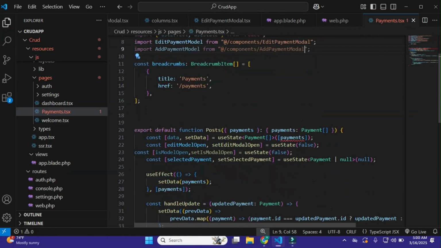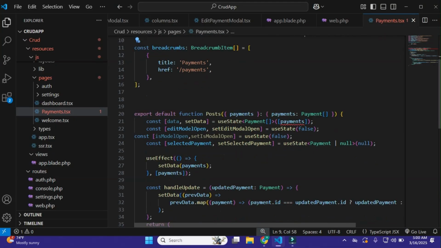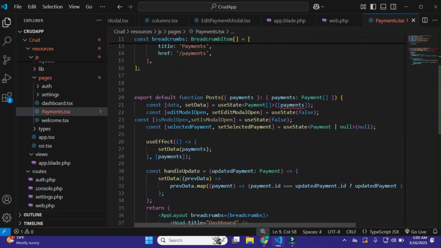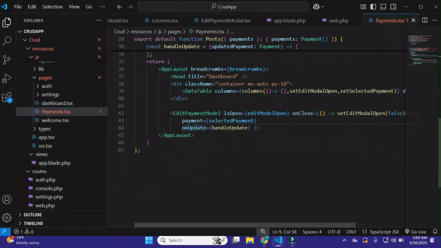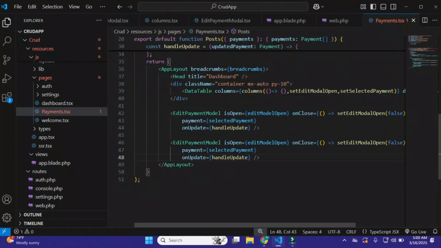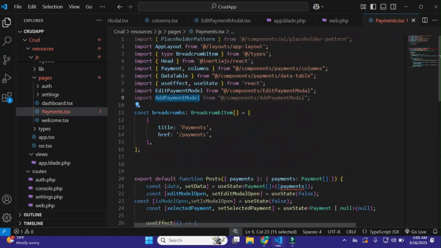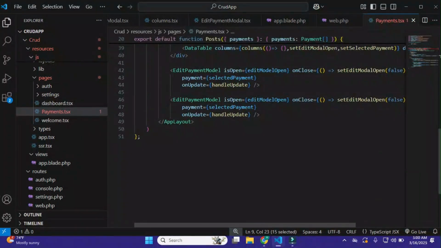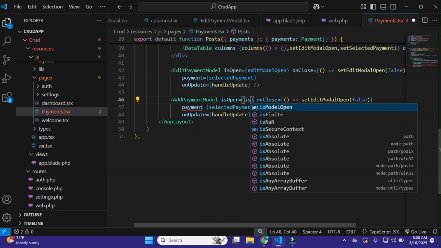And after it I'll simply add this here in this, just copy this and paste this here, and this time I have add payment model. Just copy it, paste it here, add payment model and it is open, and this time I have is model